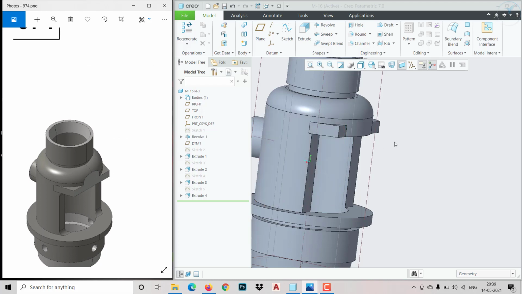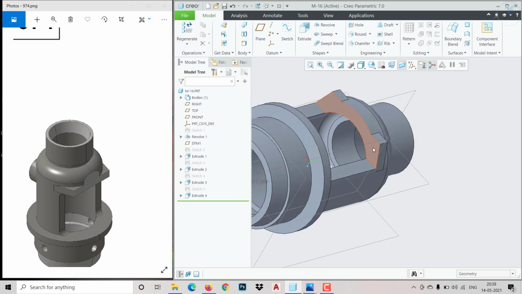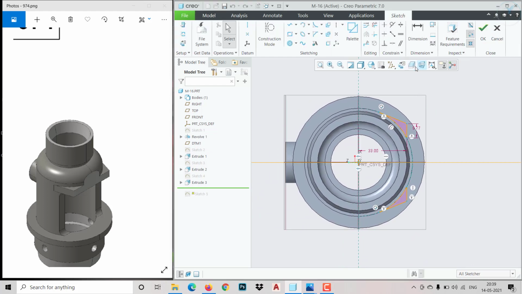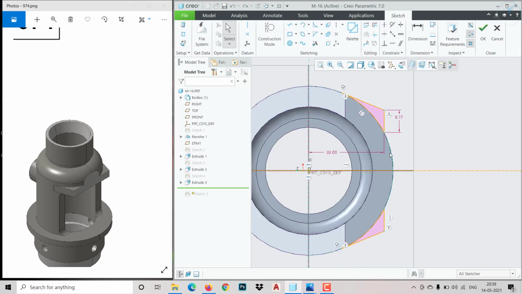So now also no problem, you can go to the same sketch. Let me click on clipping model, or once again.